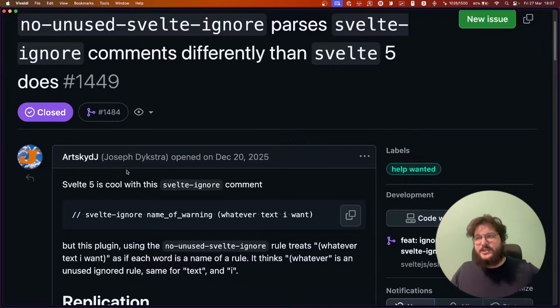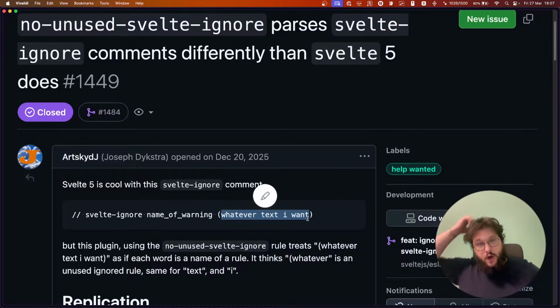I am happy about this change, because sometimes you want to ignore something and you might want to do so by also leaving a comment about why you are ignoring something.